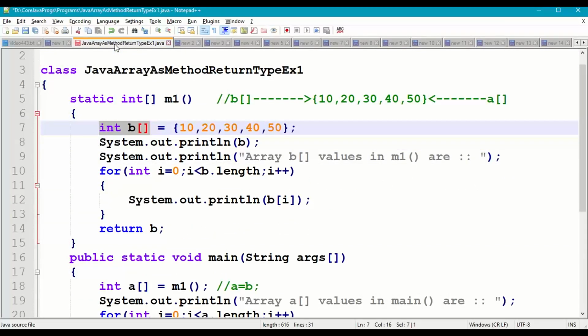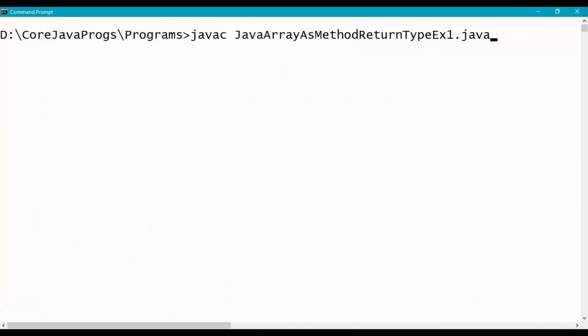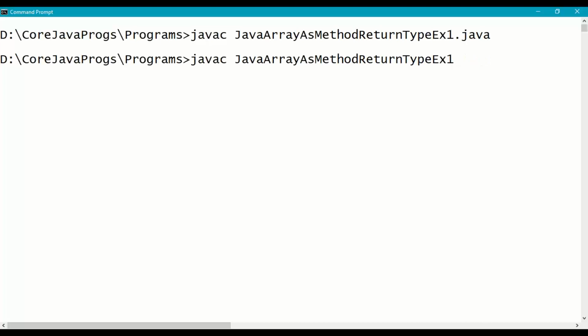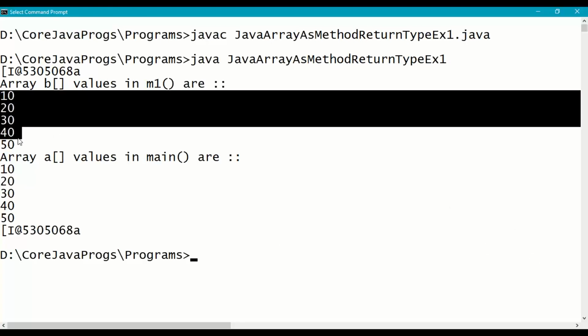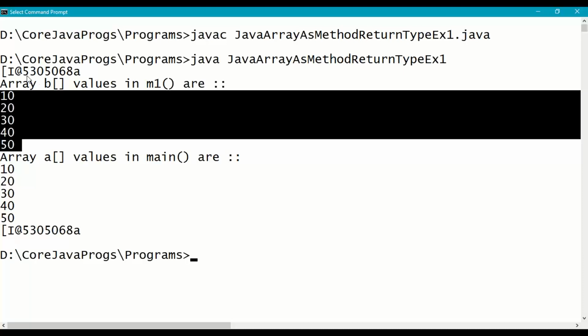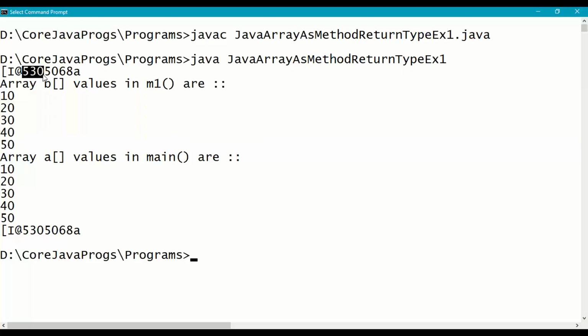Save this program, come to the command prompt and compile the program: Java array as method return type. No errors, so successful compilation, and then run it. First the m1 method: in the m1 method the values of array b are 10, 20, 30, 40, 50, and its reference code is 5305068A.